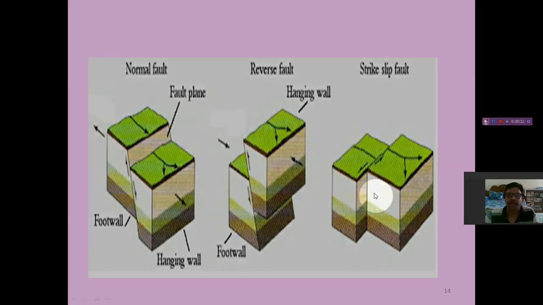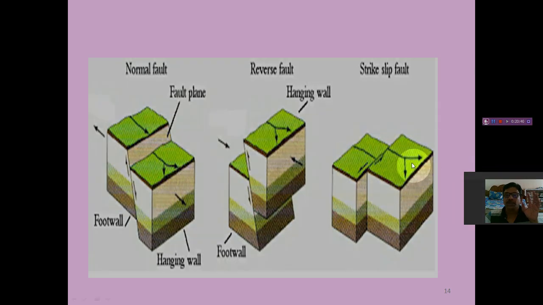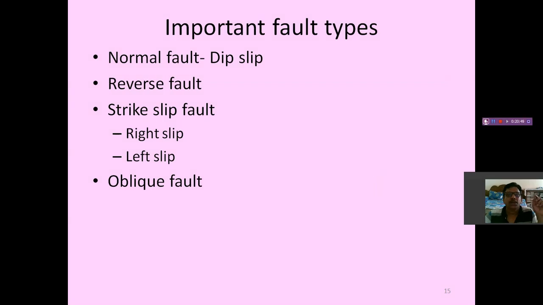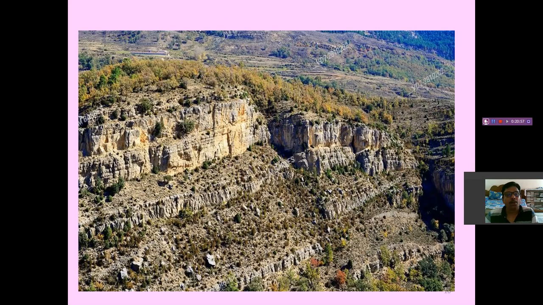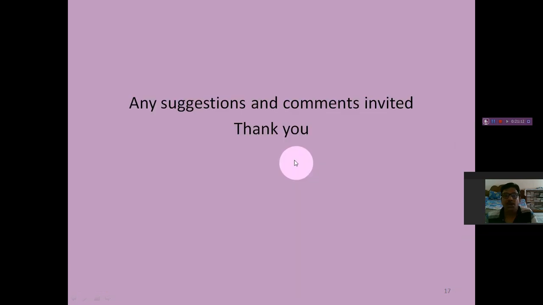Here in this case what happened, it is vertical, like what I explained you. The concept of hanging wall, footwall vanished. Now this has moved away. This is known as strike slip fault because this is the strike direction. It slipped along the strike, so it is strike slip fault. Important fault types: normal fault you have seen, that is also known as a dip slip fault, reverse fault, strike slip, and oblique fault. This is oblique fault. I wanted to tell you one picture I have taken. Look here, fault movement has taken place and also it has gone up. Look, it has gone up. So these are known as oblique faults.